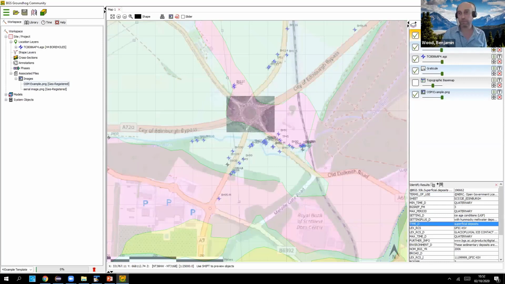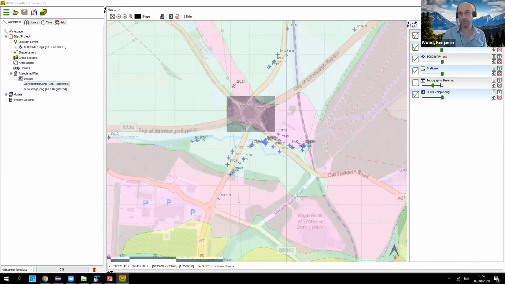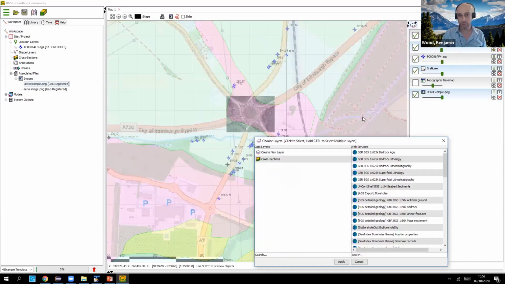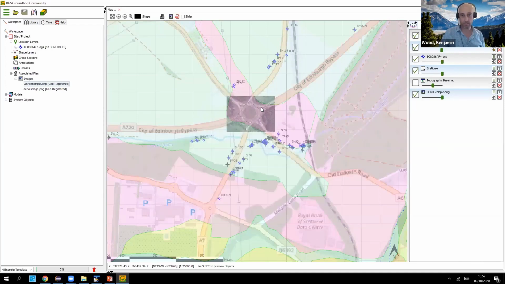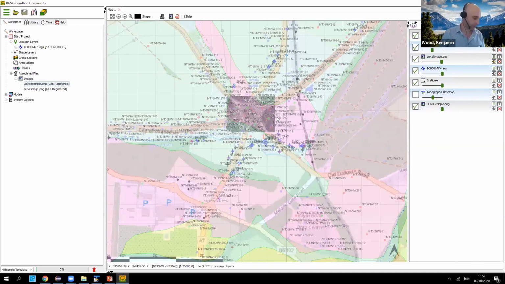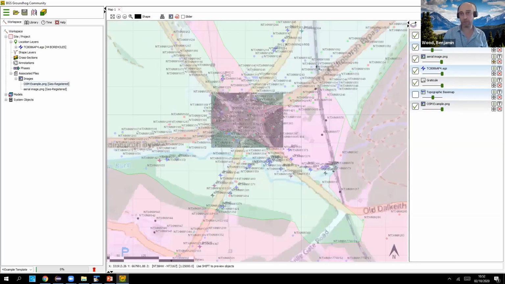In terms of BGS data, we also have, for example, the BGS borehole records layer. So BGS has an archive of probably tens, if not hundreds of thousands of borehole records across the UK, and they're available to query from within Groundhog as well. Again, I appreciate this is a BGS specific function, but it's worth mentioning just quickly that these points are then